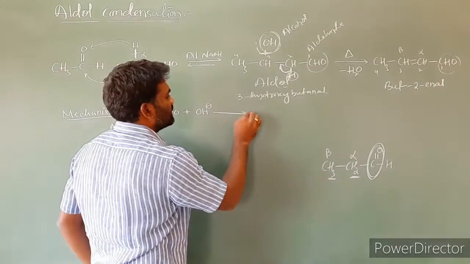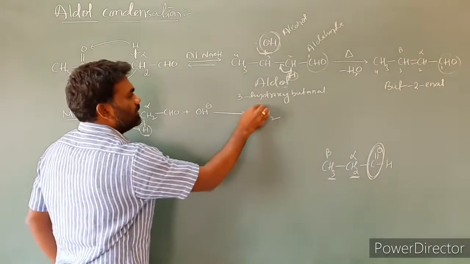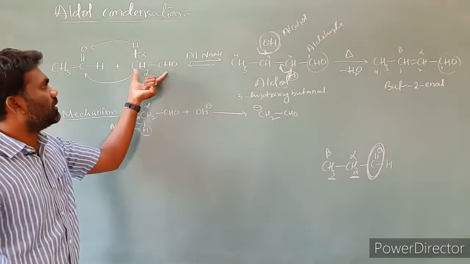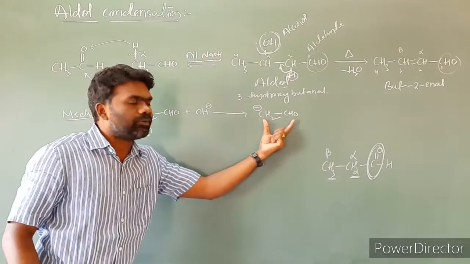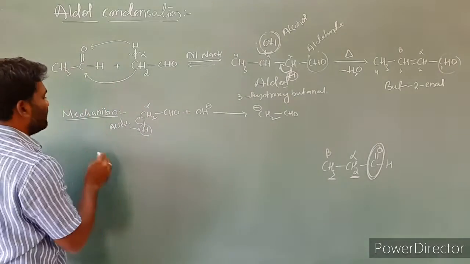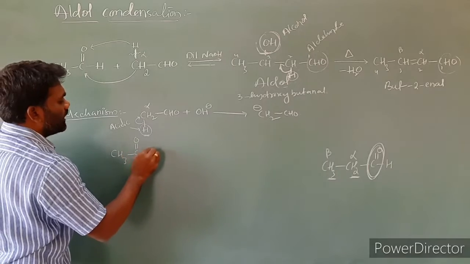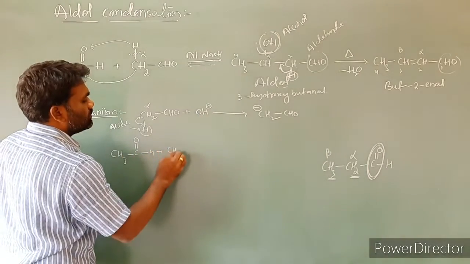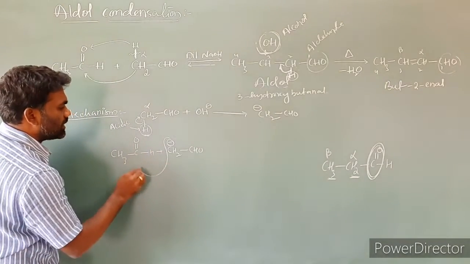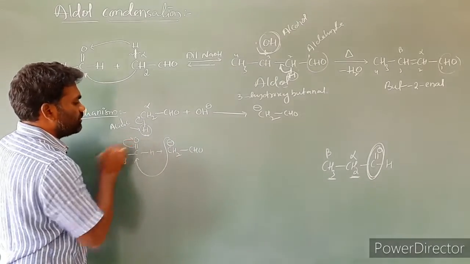Then what is the product we can expect? Here it is CH2, and this bond is migrating in this direction. This becomes CH2- CHO. So one molecule reacts with sodium hydroxide, and this is the product formed. The second molecule reacts with this product. Then I am taking this one, CH3-CH=O, plus that one, CH2- CHO. The negatively charged carbon attacks this carbonyl carbon. As a result, this bond will be moved here.